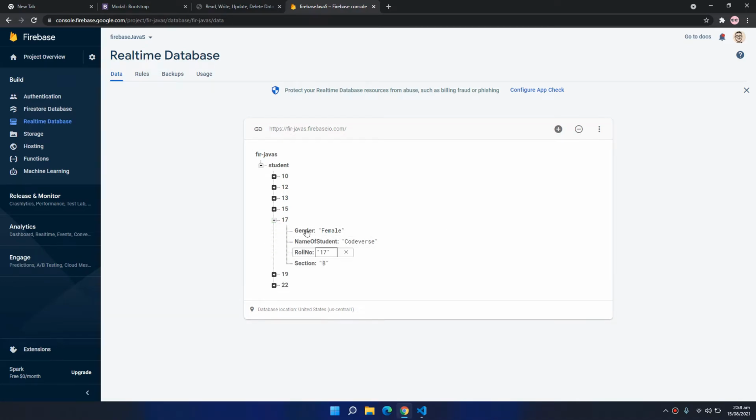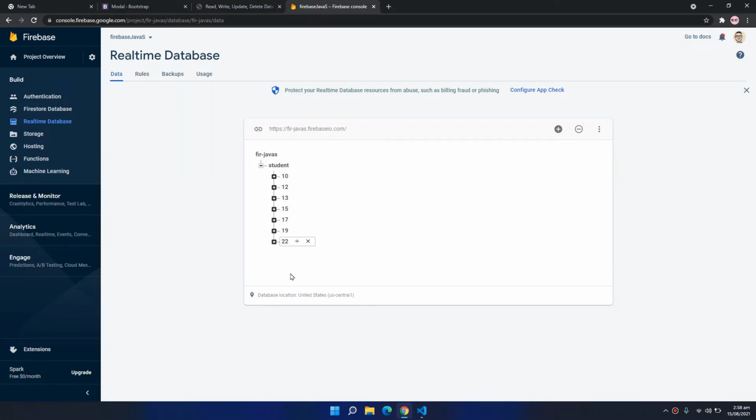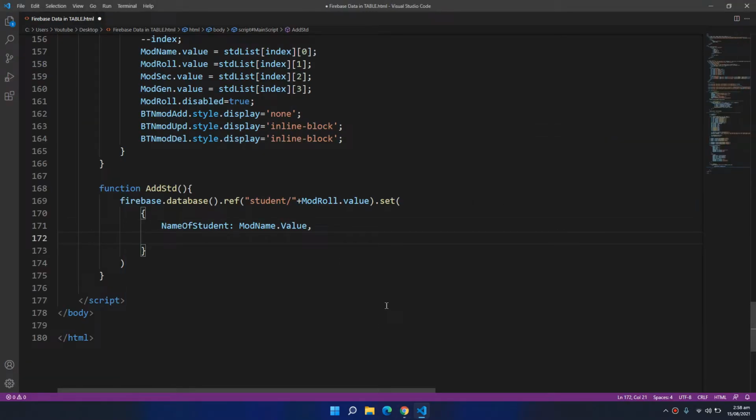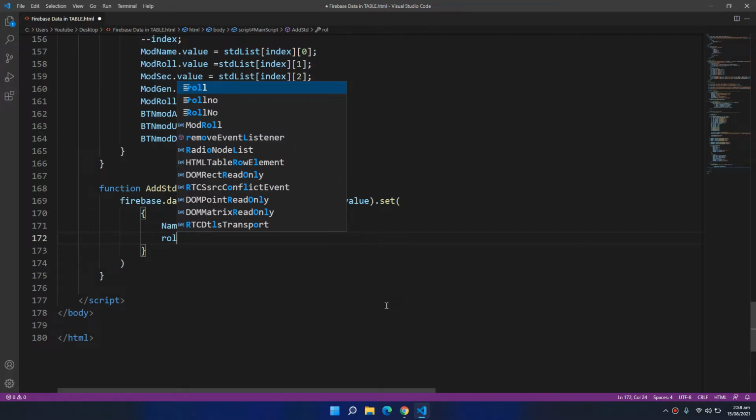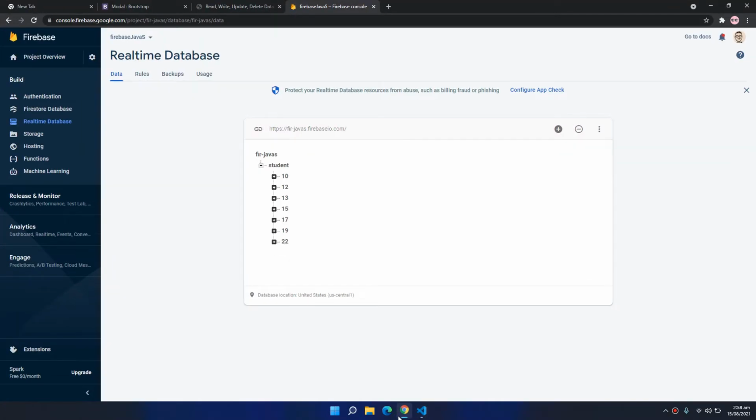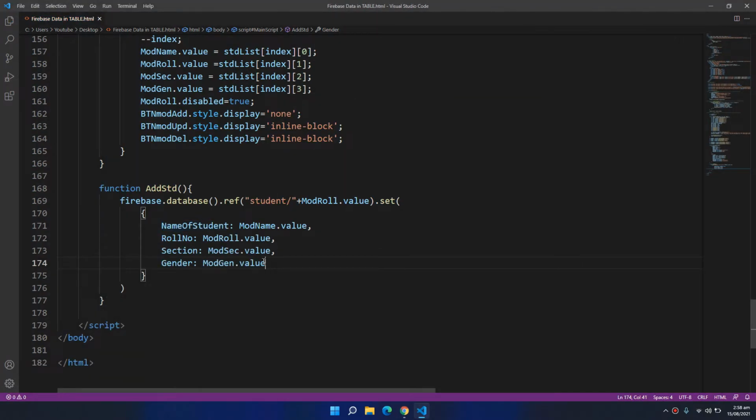Each of the records contains these four fields. The second is roll number, and these names should exactly match the name of these. So this is it.